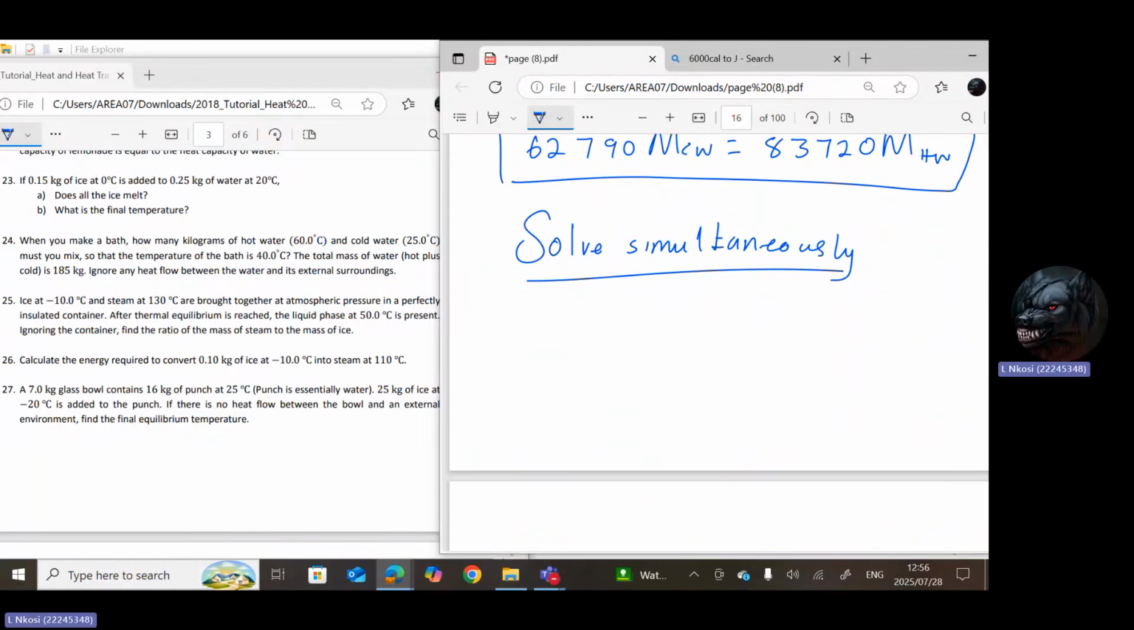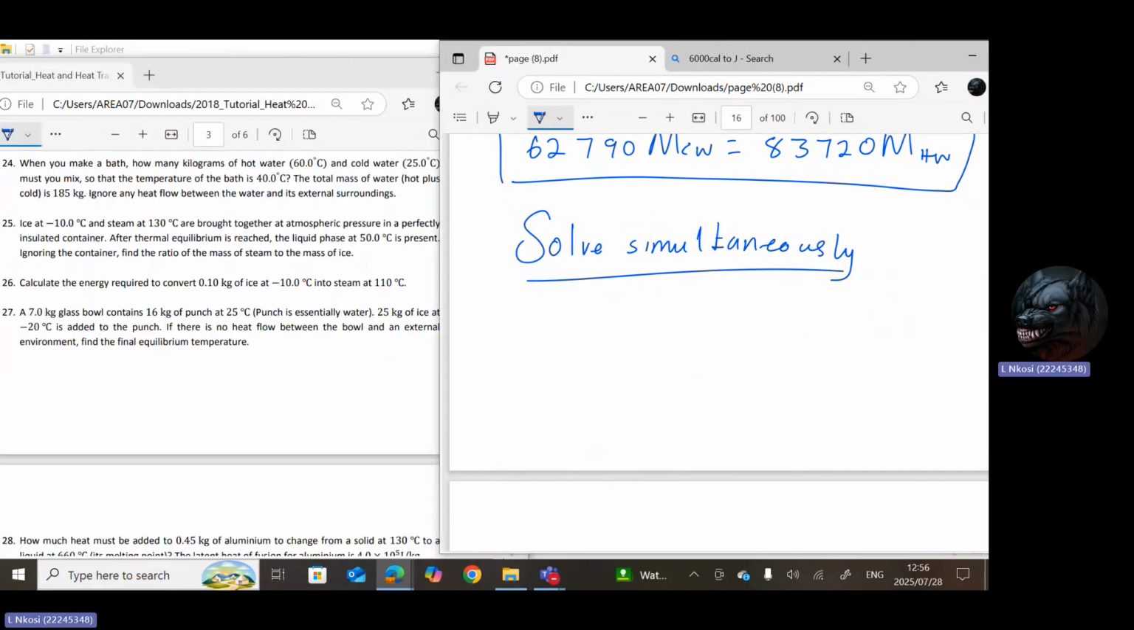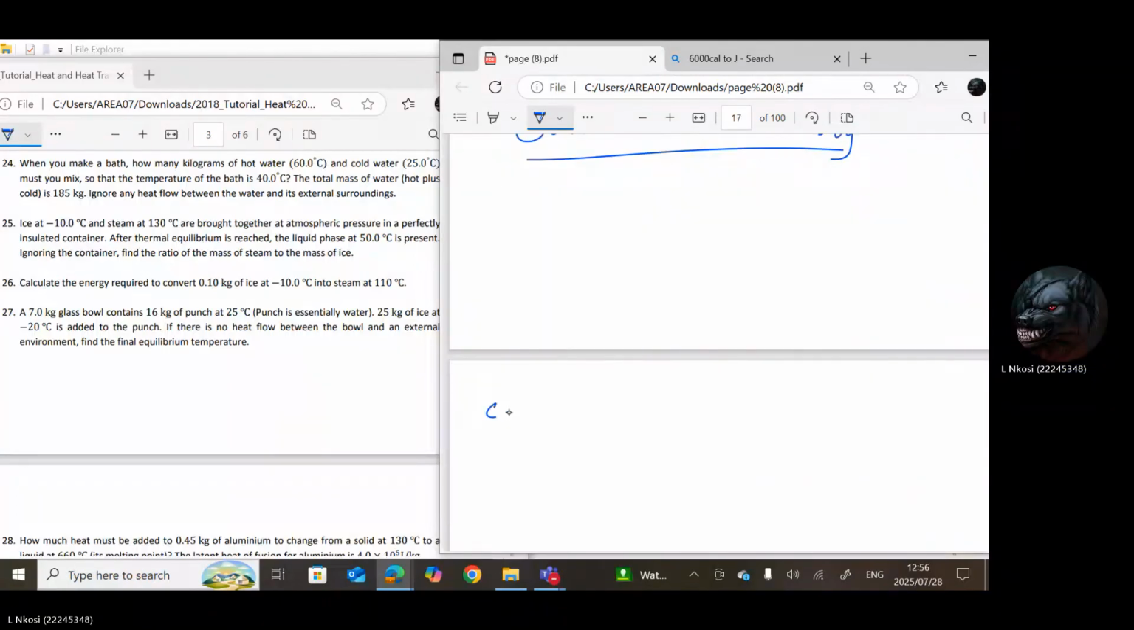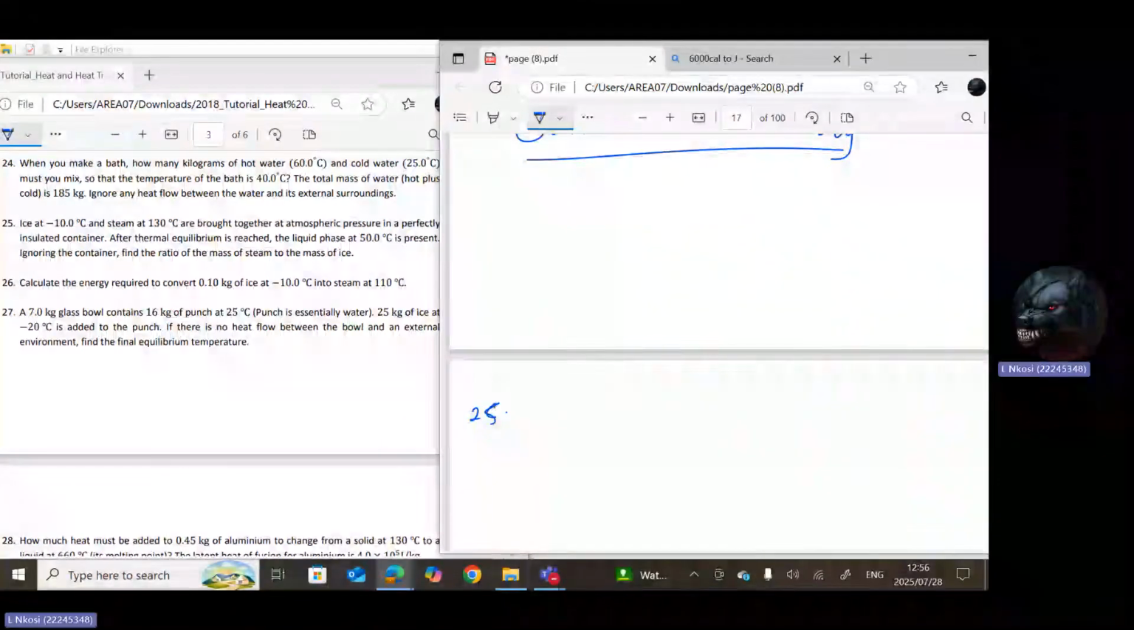Yeah, these are relatively easy. I'm not sure why, but they're getting easier, you know. So that was 24, now 25. Ice at -10 degrees Celsius and steam at 180 are brought together at atmospheric pressure in a perfectly insulated container. After thermal equilibrium is reached, the liquid